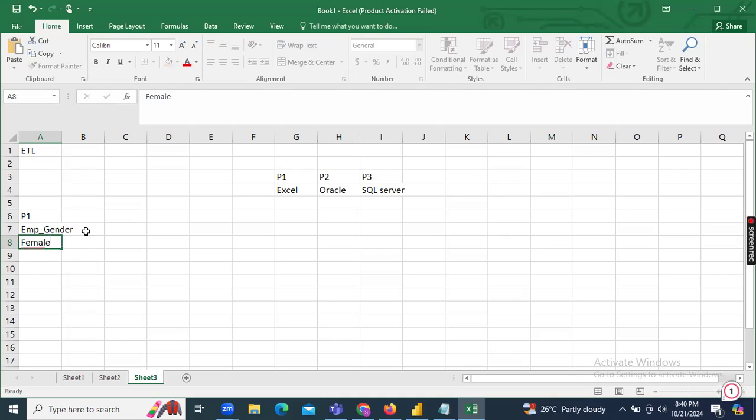Employee name, and then their respective gender, some A person and some B person, and they write complete names. They are storing the data in a proper format.